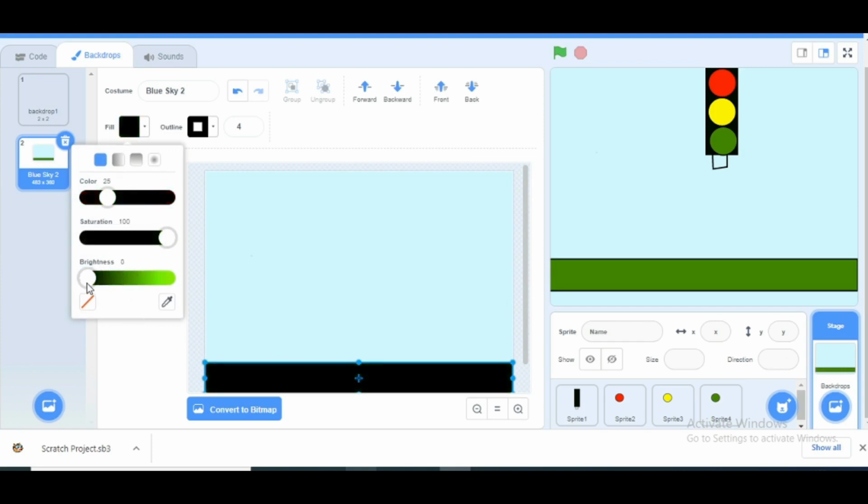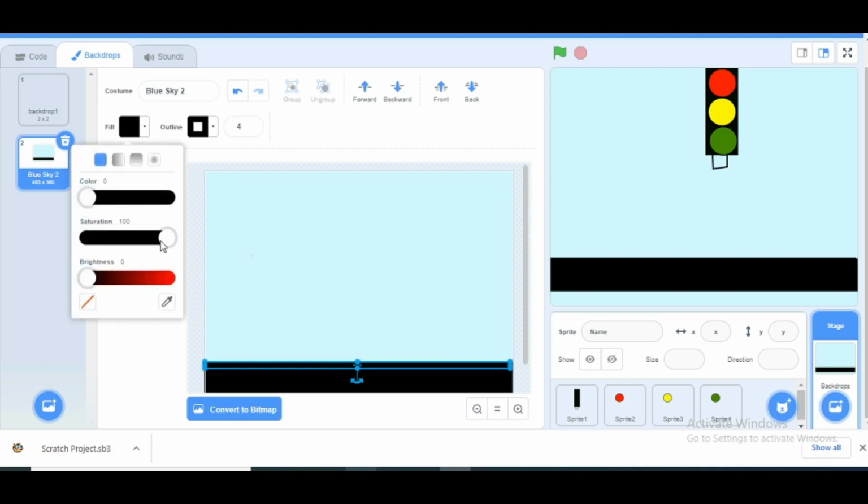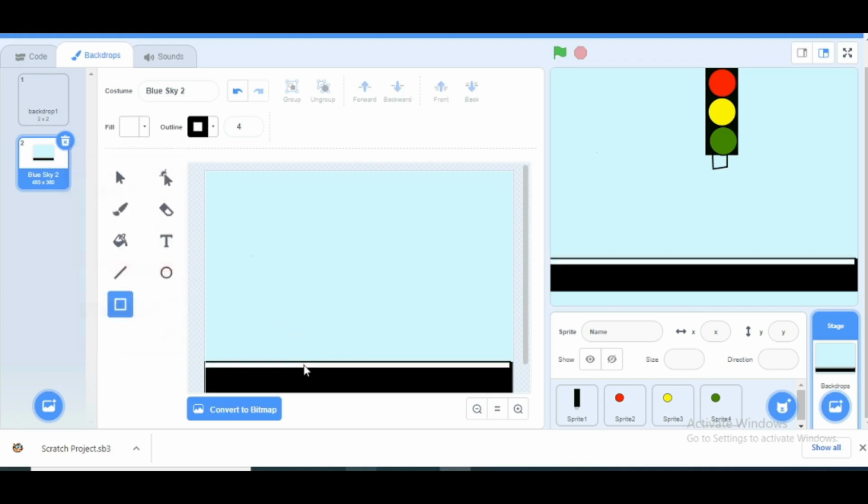I will make it black, and afterwards again I will use one more rectangle here, and I will change this color into white. So we will make it white. Right. So here I have created one road like structure.